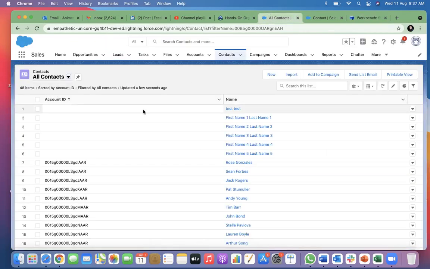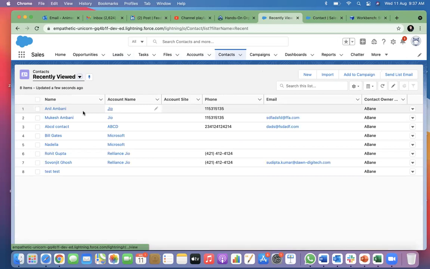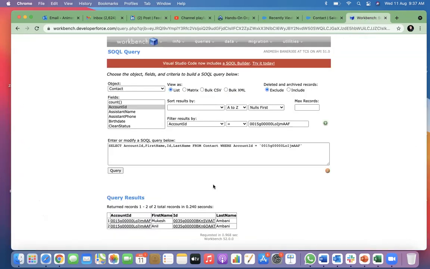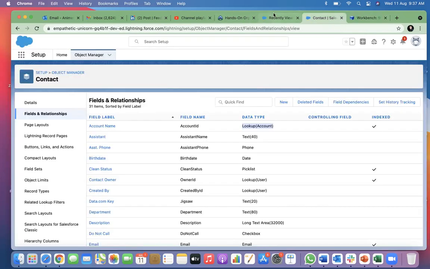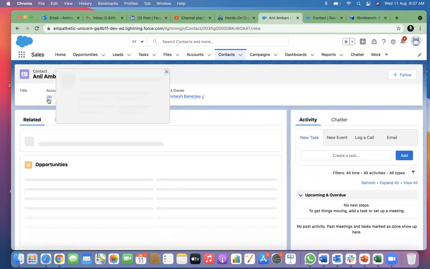If you go to contacts and you go to Geo, you see, Mukesh and Anil are only there. So the contact table is basically only pointing to the same account ID. That's it. But this account ID is not showing up in this context, right? If you go to this contact, it will show Geo. It will not show this 18 character ID.